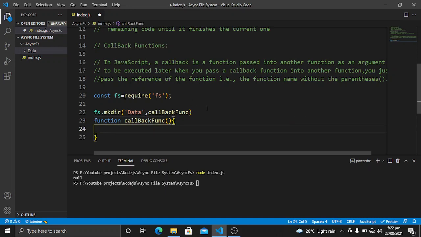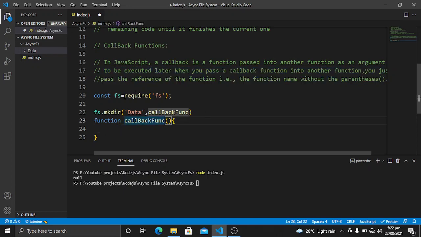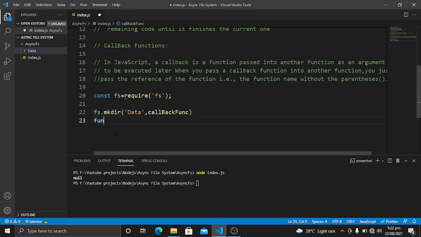This line represents just this thing: if we want to pass this function as an argument, we don't have to write the parentheses like this. We just need to pass the reference, and then we will execute this function later. So you can also implement it this way. I will undo these changes and let's save it. So I think you have understood the idea of asynchronous JavaScript and these callback functions.